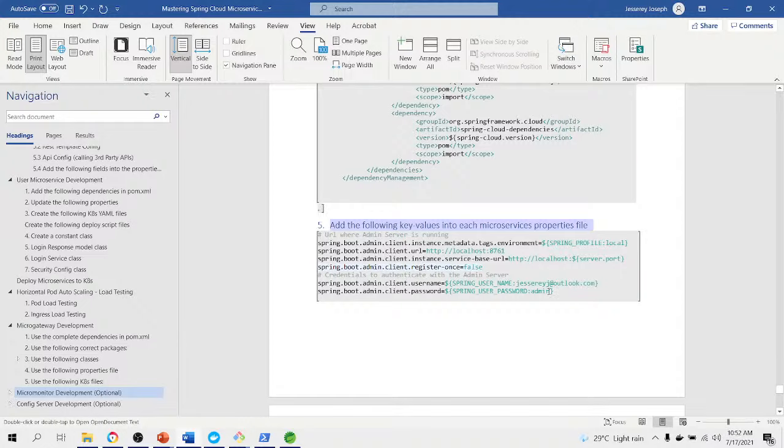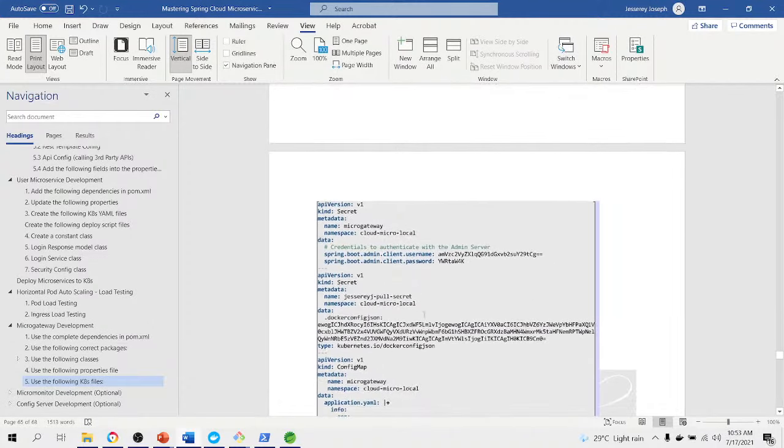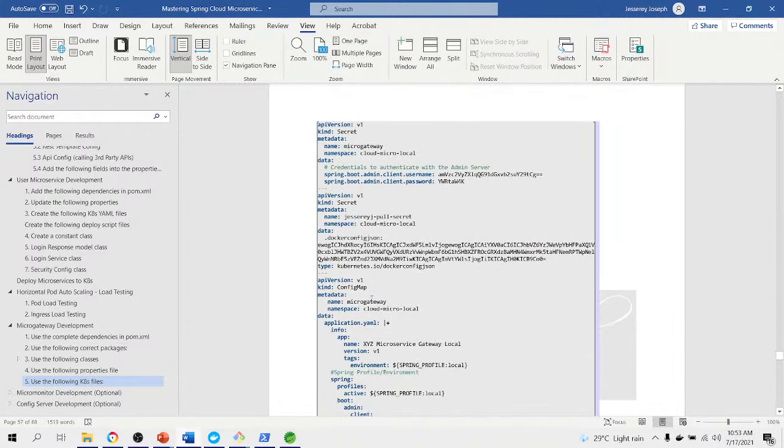Then you're going to access jessicaj@outlook.com. Put a spring username and spring user password. Why do I have another variable? That means it will replace with the current Kubernetes config map that you have defined. For example, here security cloud, here Spring Boot admin client username, this one. Okay,